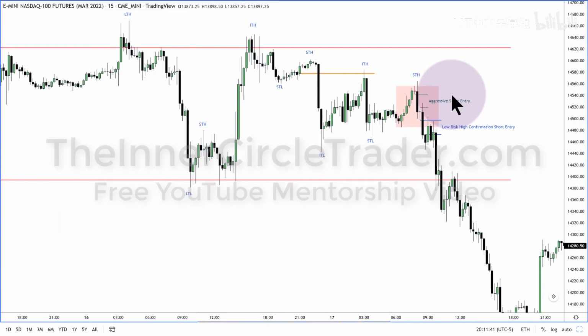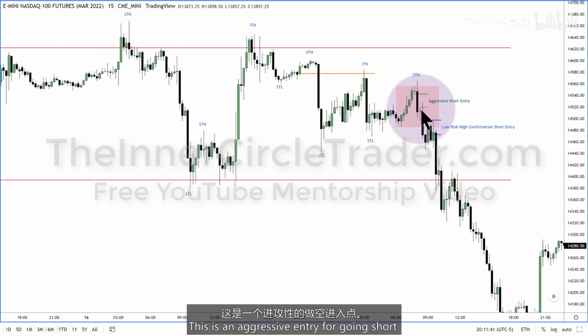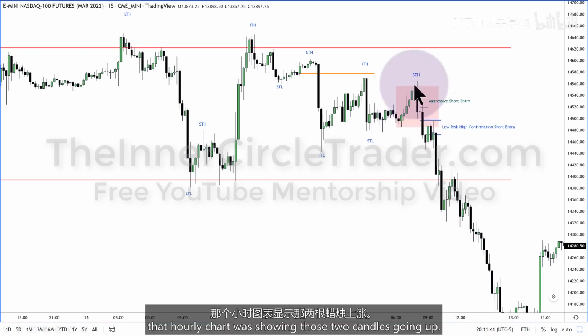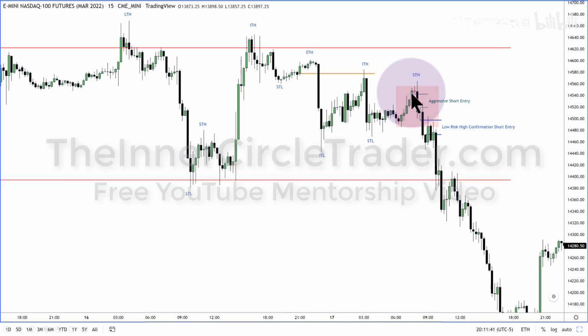This is the same 15-minute time frame. I'm just zoomed in a little bit more. This is an aggressive entry for going short. Now, that hourly chart was showing those two candles going up. In the 15-minute time frame, it's obviously more candles. So in this up close candle series of 1, 2, 3, 4, 5 candles,